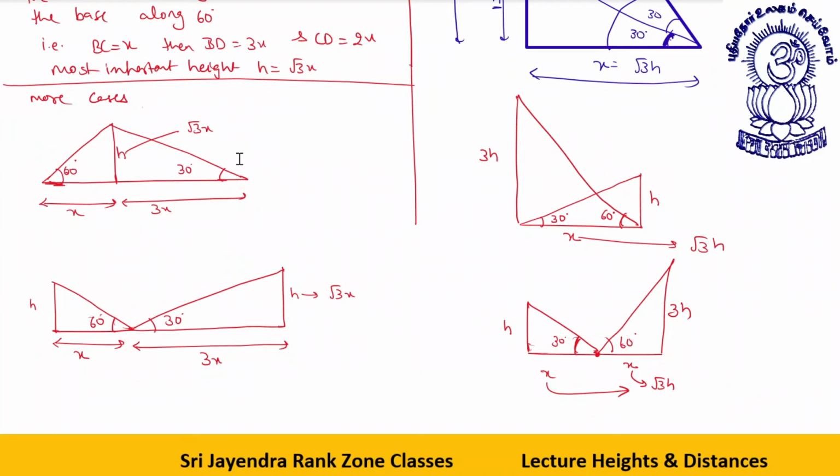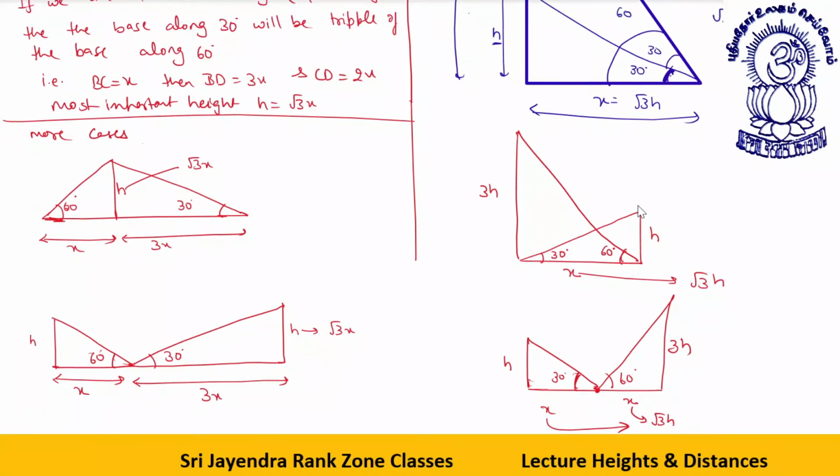So I hope this portion is clear to everyone. This is nothing but actually an extension of tan 30 degree and tan 60 degree. Okay. I tell you how. See, let's say this is given to me H, this is given to me X. If I label them A, B, C, and D. What will be tan 30 degree? First of all, I take tan 60 degree.